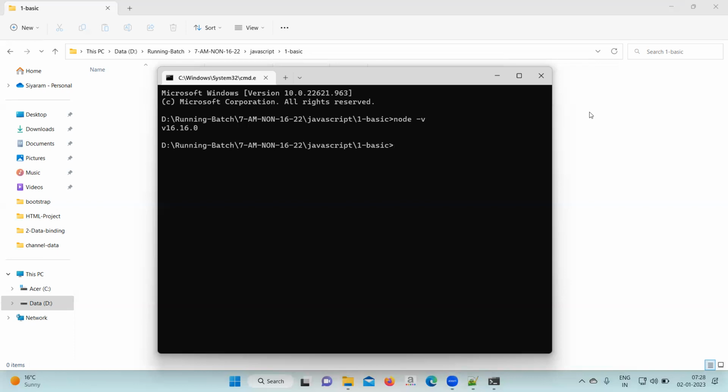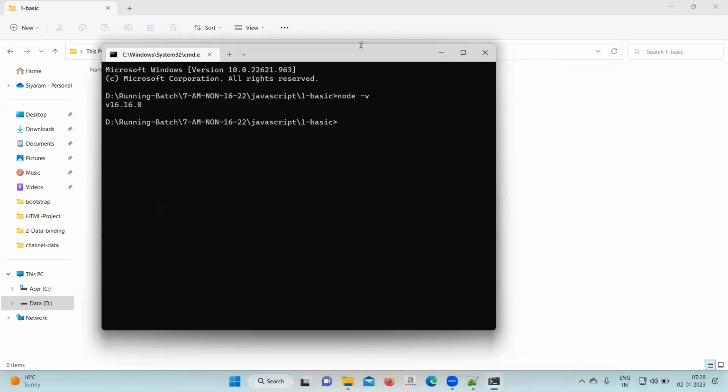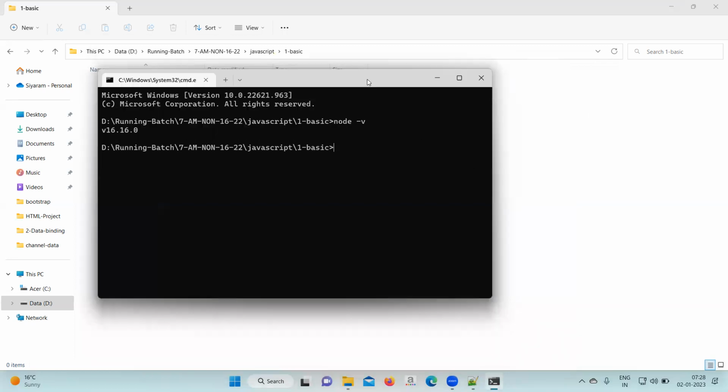Okay, so hope everyone is able to identify the version. Does anyone have the "not recognized" kind of error? Okay, no, cool then. Next, after that,